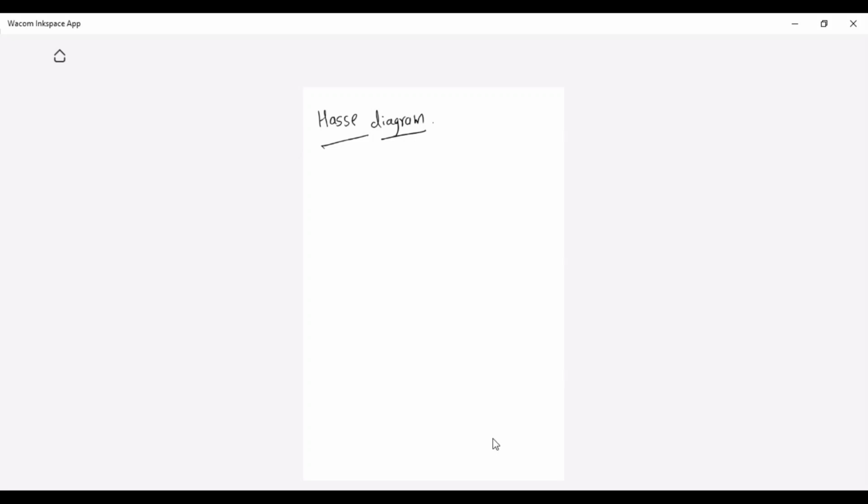So a Hasse diagram is a graphical representation of a poset, student. So a Hasse diagram is nothing but what? A graphical representation of a poset. And it is also known as an ordering diagram. So the convenient graphical representation of a poset is nothing but the Hasse diagram, and we also call it an ordering diagram. Why it is called a convenient diagram, that we are going to see.